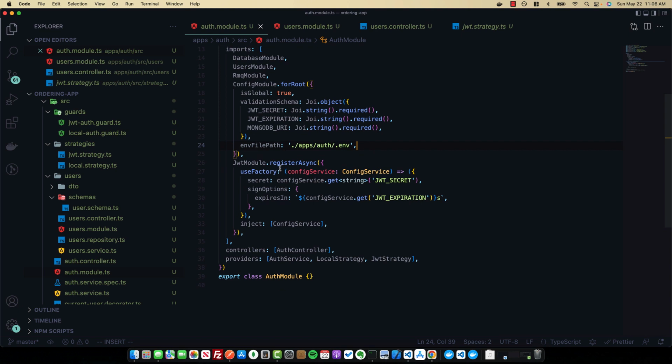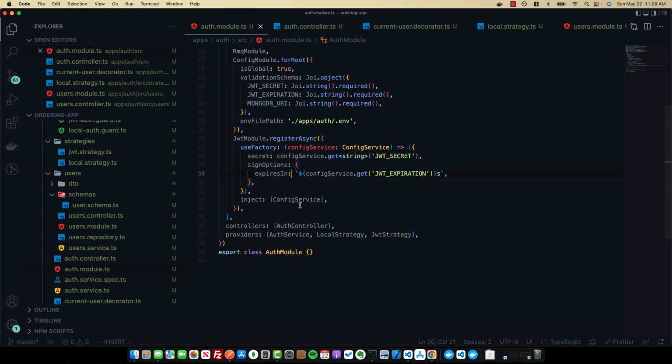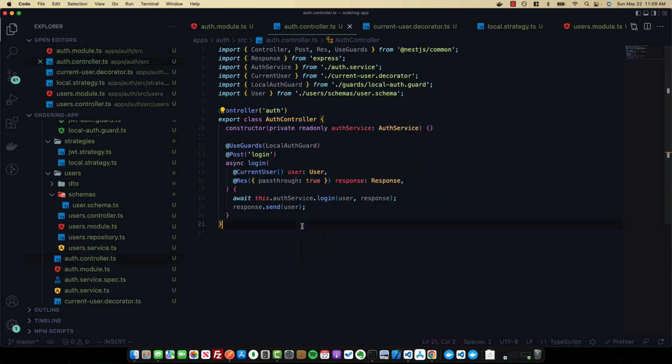Next, we have the JWT module itself, where we define the secret, which comes from an environment variable using the config service, and then we provide the expiresIn using the JWT expiration environment variable. Finally, we have our JWT strategy, local strategy, and auth service as providers, which use Passport.js to implement authentication. And lastly, we have the auth controller itself, which will host our routes to be able to log into our